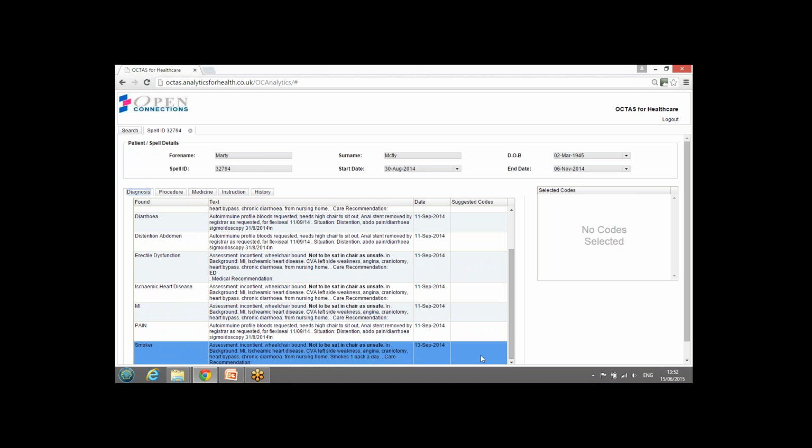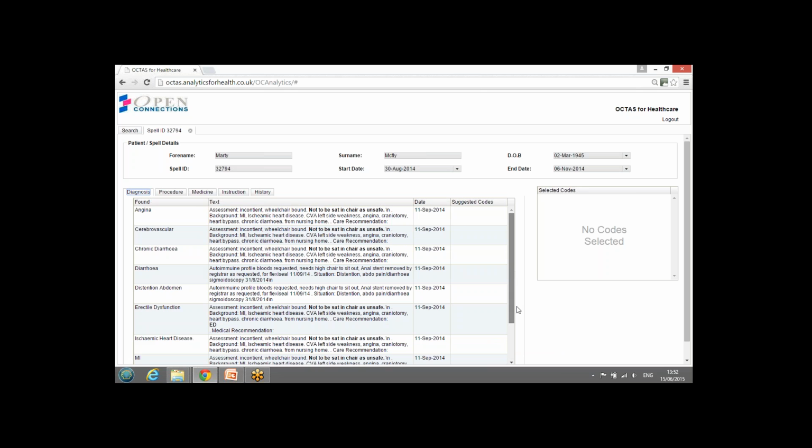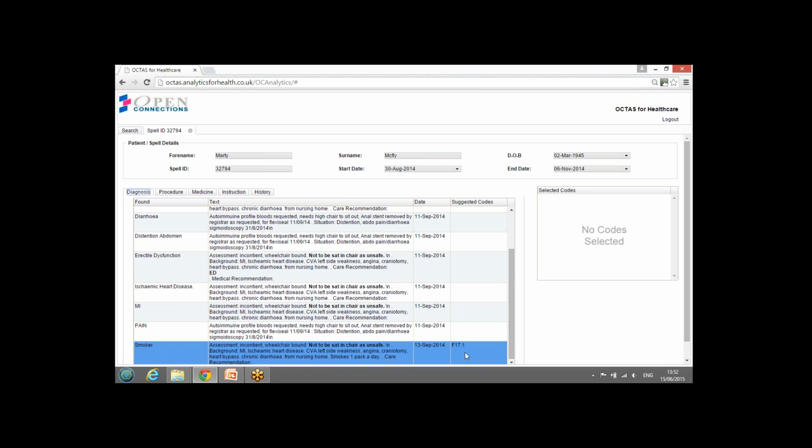So the idea here is that as the system is used more and more by different organizations, when you have this information known as smoker, let's say, what you could do is right-click onto here and choose a code. So you could assign a code for smoker. So if we say F17.1 as an example, so I'm suggesting that is the code for a smoker. What that does is that patient's episode is now being coded as a suggested F17.1. And if you right-click on there, what you can do is actually then choose the recommended code and effectively rubber stamp it. So here now it's been selected, and as you can see, it's just popped up into the selected